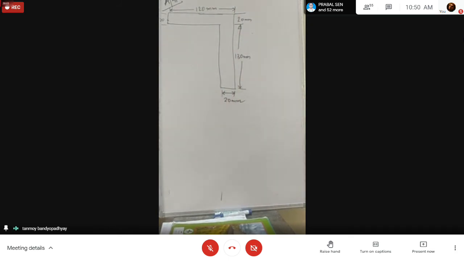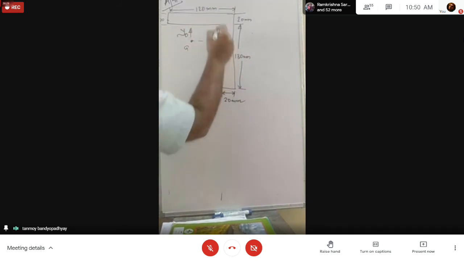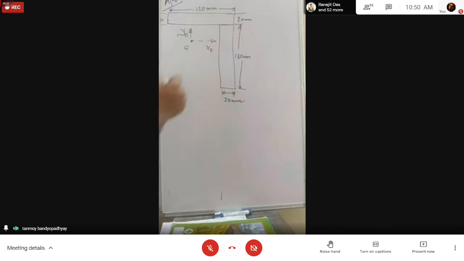এখানে কি করতে হবে, as you can understand, this is a figure which is neither symmetric about the x axis nor symmetric about the y axis. So I hope you can understand that the CG will lie somewhere around here. এইখানে দেখো বেশি মেটেরিয়াল আছে, so it will be somewhere around here. ঠিক আছে, আমি এখানে G বলছি, so from G I am passing x0 and y0.